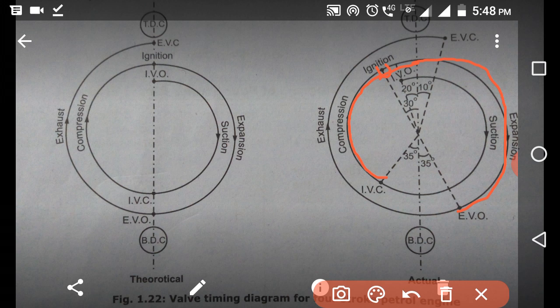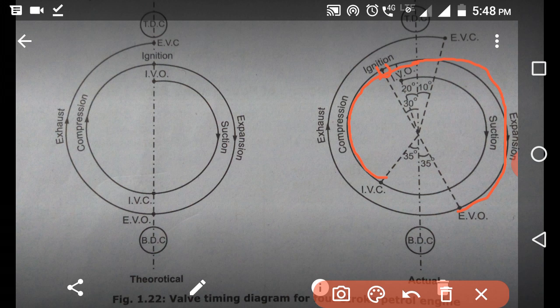So we have to expel a maximum amount of byproduct gases from the cylinder to the atmosphere. For that purpose we are opening the exhaust valve not at the bottom dead center but before the bottom dead center, that is 30 to 40 degrees before the bottom dead center.